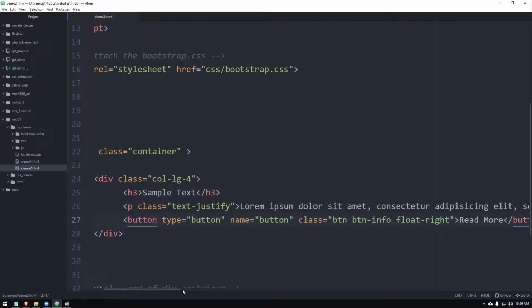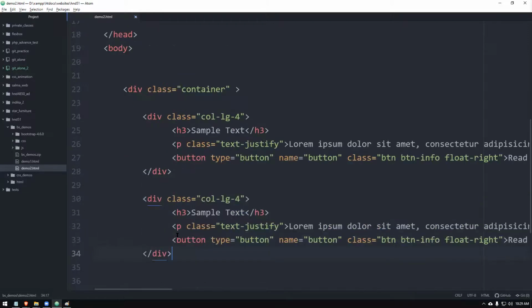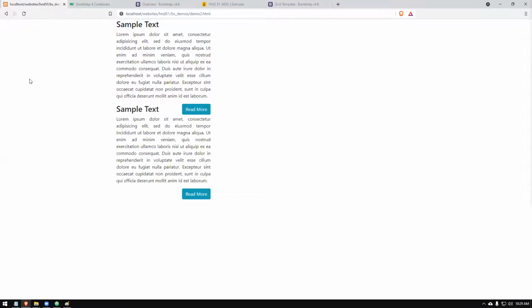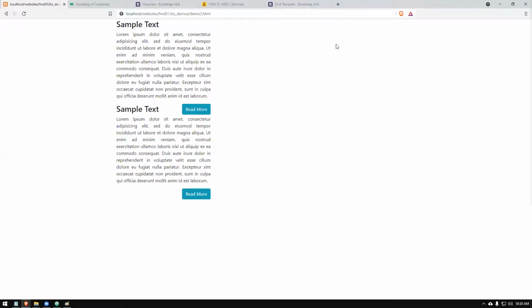What I'm teaching you now is the size column 4. So I will copy this one once more and we'll paste, see what happens. Now I paste it once more. So you can see it is coming down here. It's not coming here. Okay. So what we need to do is make sure this appears in a row. When you say a row, it will try to keep these things inside one another.